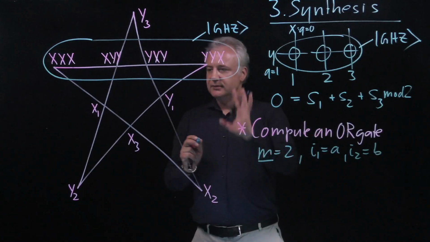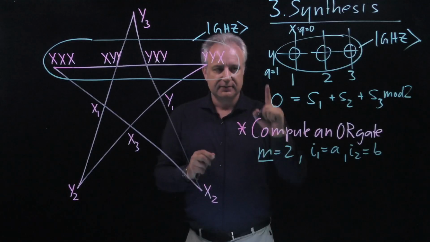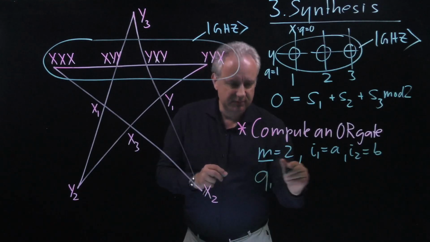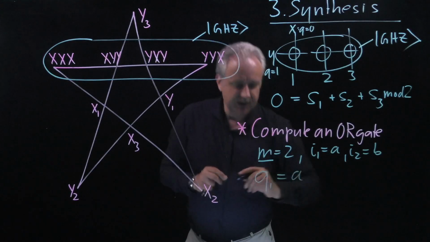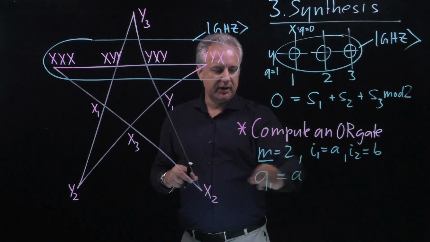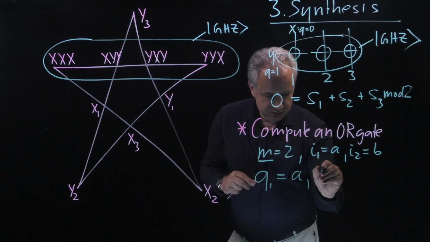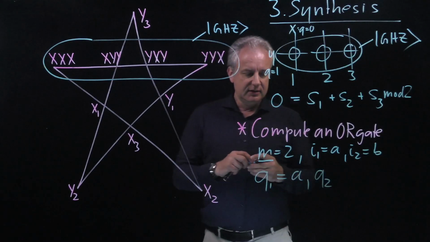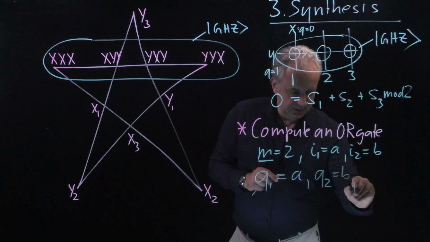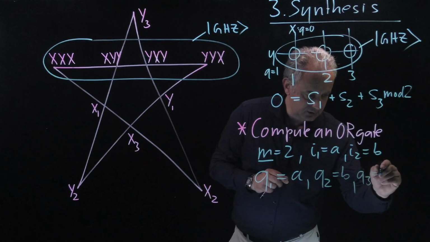So now, let me specify those linear side processing relations. For qubit number 1, the choice of measurement basis is given by this relation. So Q1 is decided by whatever the first bit of input is. Q2 is the other bit of input, and for the third qubit, Q3 is the sum of the two mod 2.